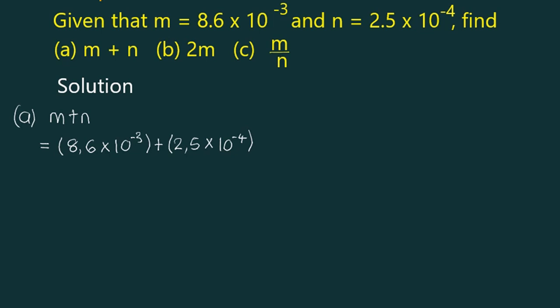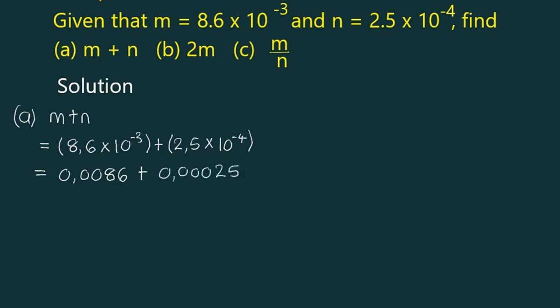What I would prefer to do here would be to express our numbers from standard form to ordinary form. So 8.6 times 10 to the power of -3, in ordinary form we will be shifting our decimal point 3 decimal places to the left, so that it will come out as 0.0086. And for 2.5 times 10 to the power of -4, we'll be shifting our decimal point on 2.5 4 decimal places to the left, so that will mean that we'll be having